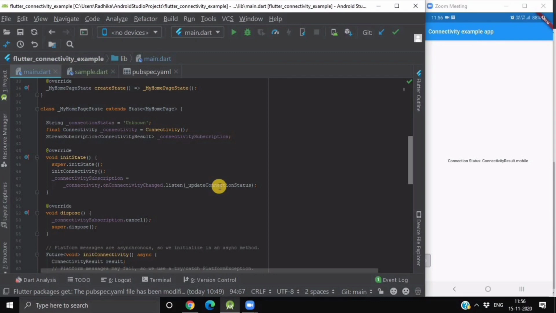You might have seen this feature in YouTube, that if you are connected to the internet, it shows you a green snack bar which says that you are back online. Otherwise it shows a red snack bar saying that you are offline. So this is how you use the Flutter connectivity plugin in your application, if your app makes use of an online database and needs to check whether the user's device is connected to the internet or not.